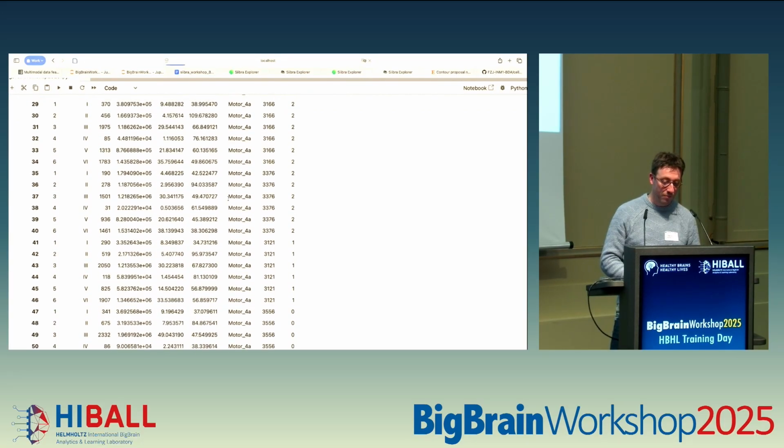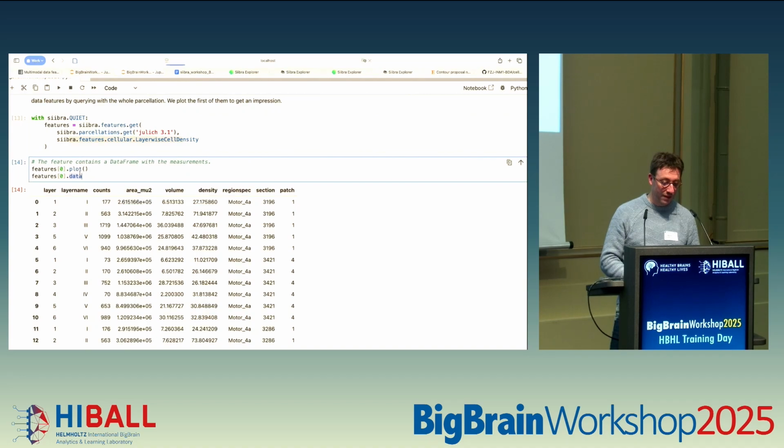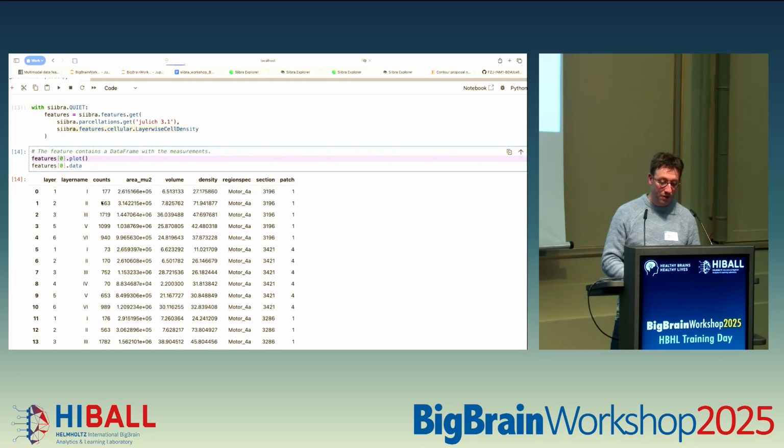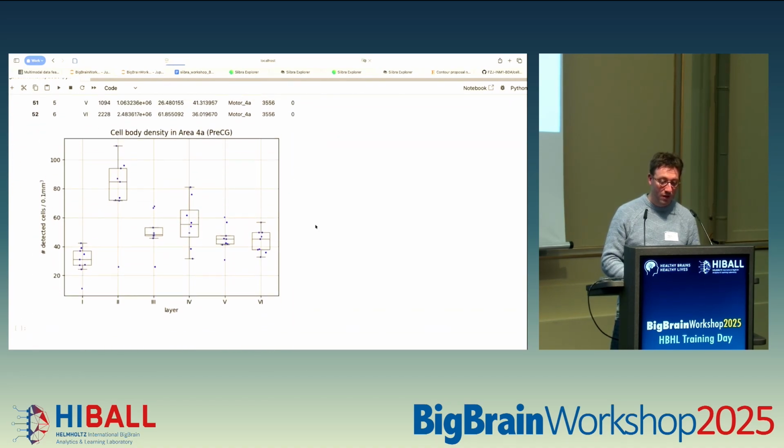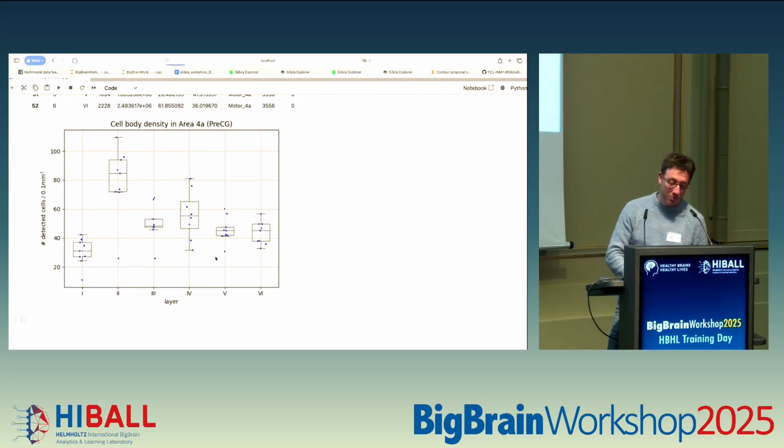So you can also, instead of looking at the data, plot this feature, and we see the plot further below. It shows a box plot where you see we have layers 1, 2, 3, 4, 5, 6, and for each layer there is a point which stems from a different cortical image patch that was sampled, and we can see here the number of cells that were detected per 0.1 cubic millimeter. So we can see here in the motor cortex there was a pronounced density in layer 2,